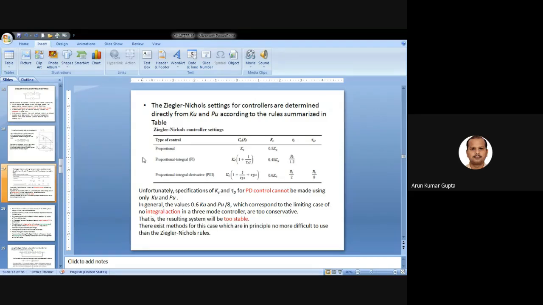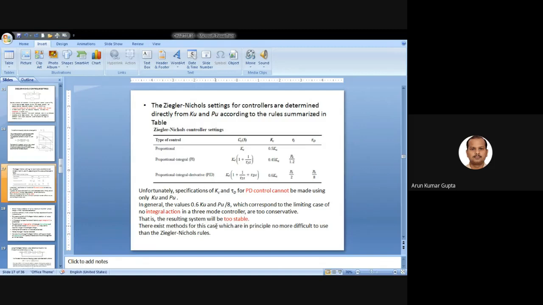Okay, so for the PD we can take some initial guess by considering some approximate parameters, just like in the case of PID. In PID, if you do not take the tau I, you can only take the values from P and tau D. Even that can work as an initial guess for the PD, and you can say the system is stable. Okay, so we have a very easy method, that is the Ziegler-Nichols rule.